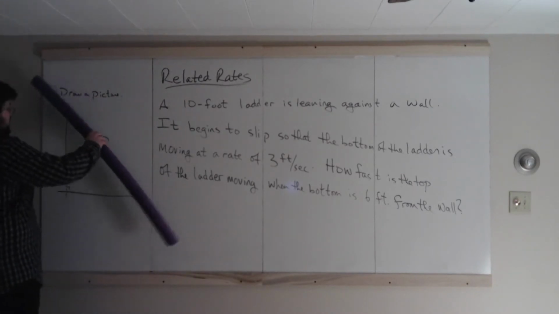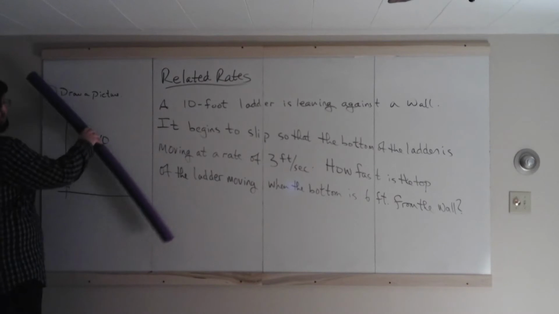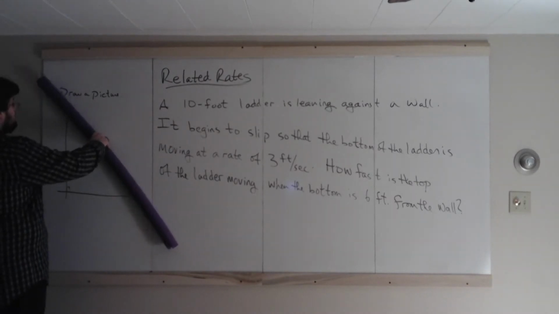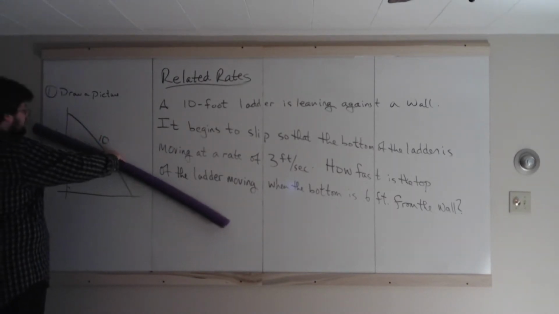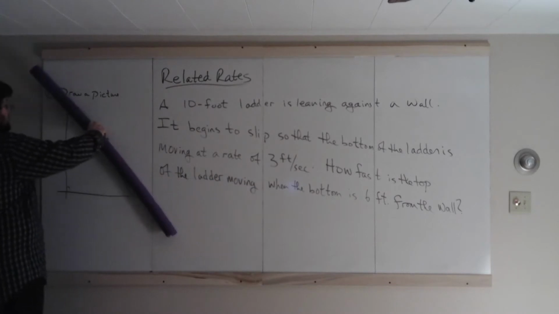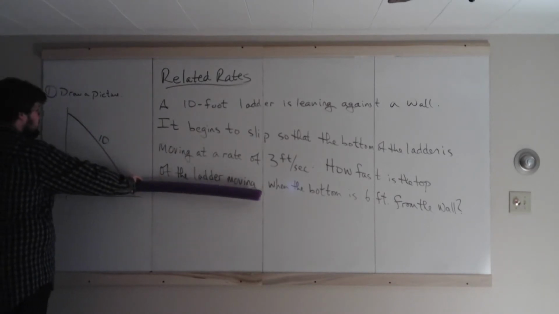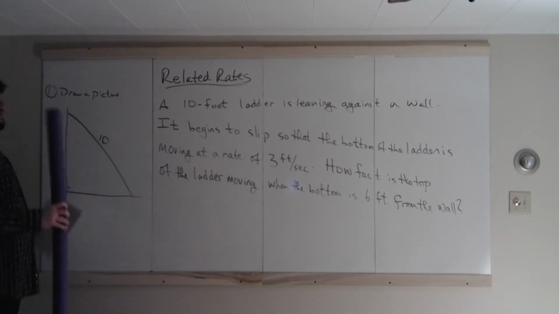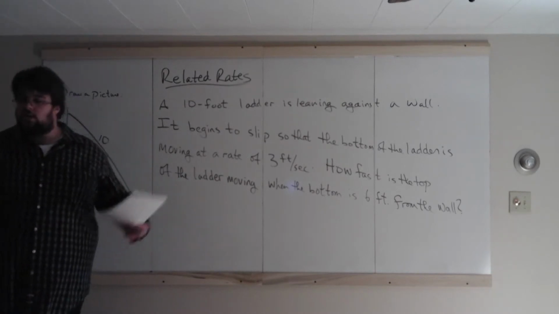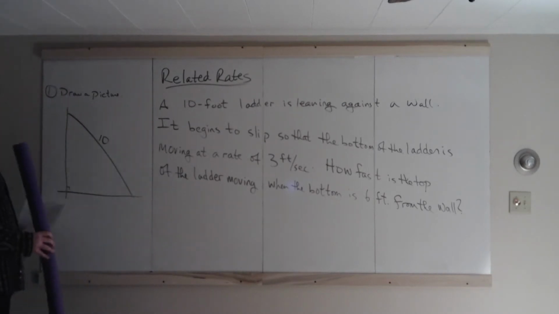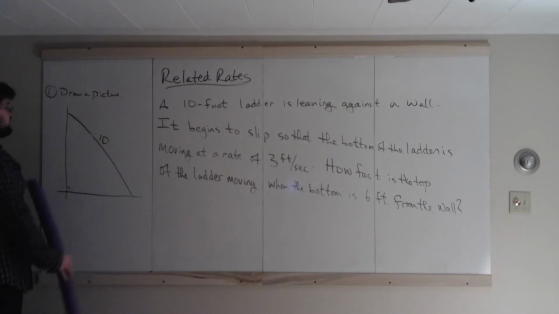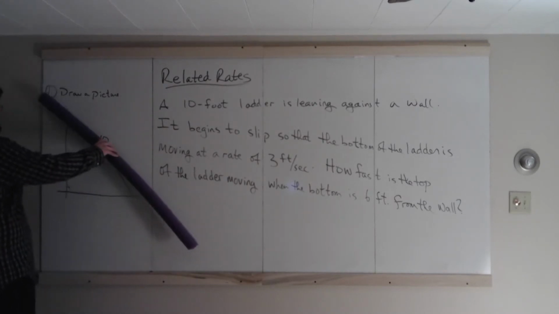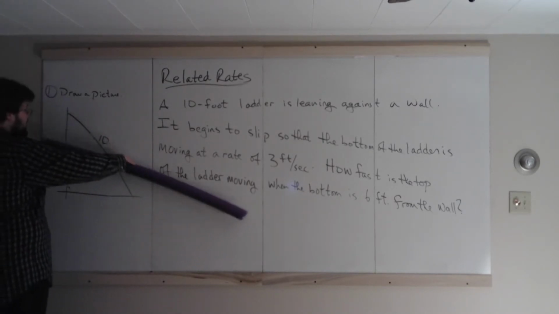But what's going to happen here? We have a 10-foot ladder leaning against a wall. Then it begins to slide down the wall. Some of our quantities are going to change as time is changing. This 10 is always 10, so that does not change. But as this slides down the wall,